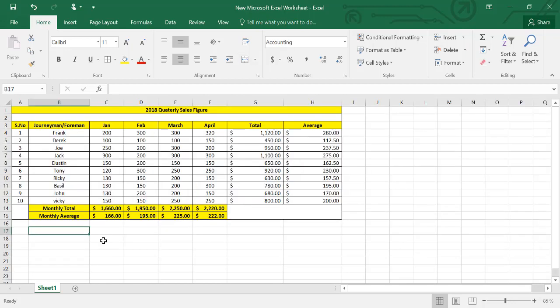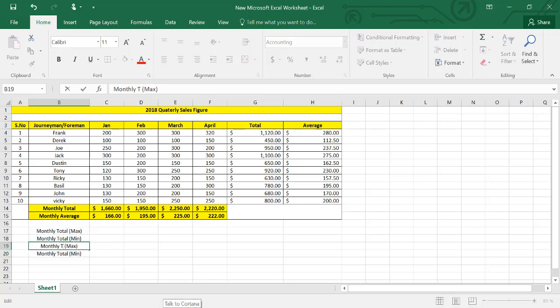We can also elaborate it further by adding some more options like monthly total max and monthly total minimum and monthly total average and monthly total maximum.